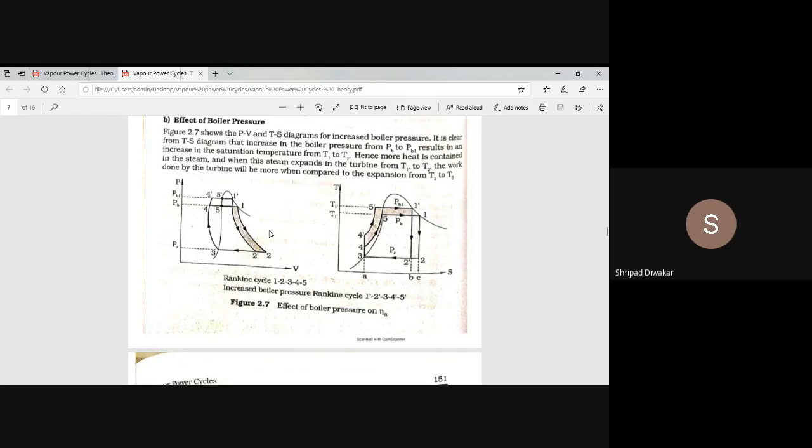Okay. Next, how to draw it? By increasing the boiler pressure, it means you have to leave some distance from the existing line. What you can do is, instead of 4, just continue that curve and mark that point as 4'. Next, you draw one more horizontal line which cuts the saturation curve at 2 points, 5' and 1'. It means the line 4 5 1 is parallel to 4' 5' 1'.